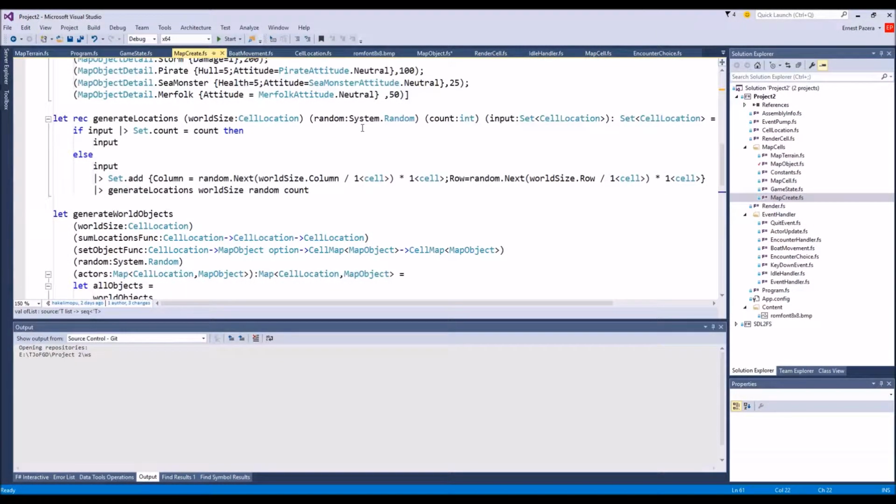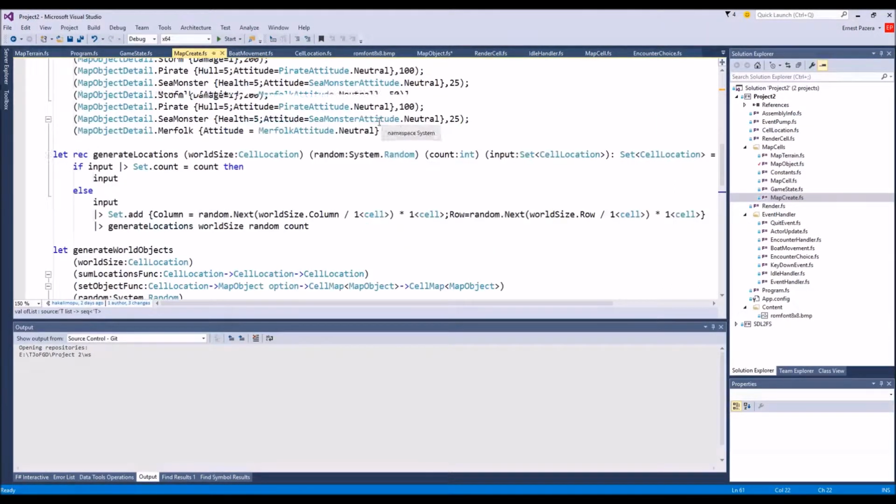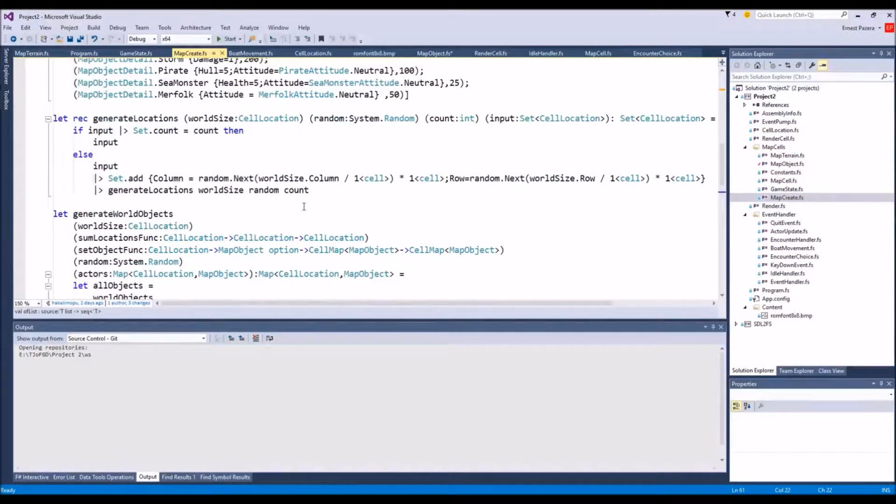So, the locations have to be the same. It keeps generating. That's right. That was darn clever. So when it generates a location, it goes, hey, this is how many locations I need to generate. And if the set has that many, then we're done. And if the set doesn't have that many, then we need to add one, and it doesn't matter if it collides, because then that set will just be the same size, and it'll keep going. However,